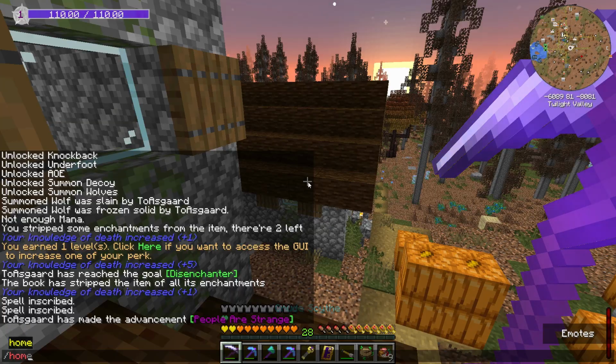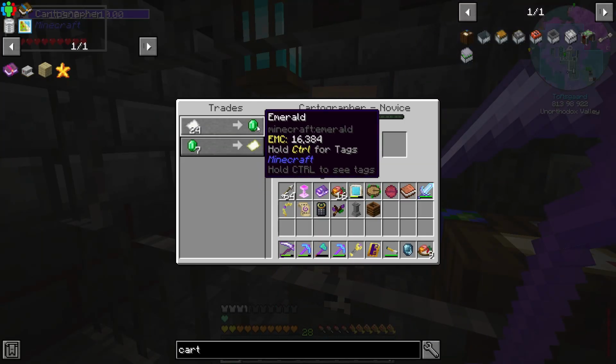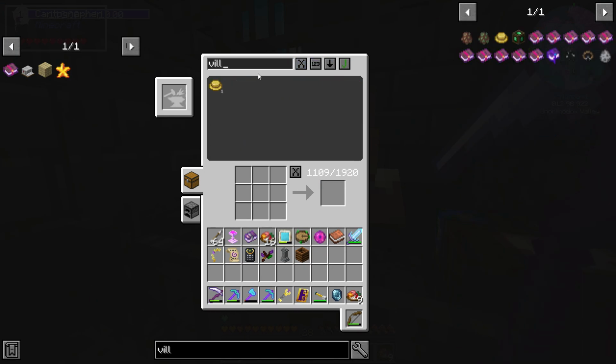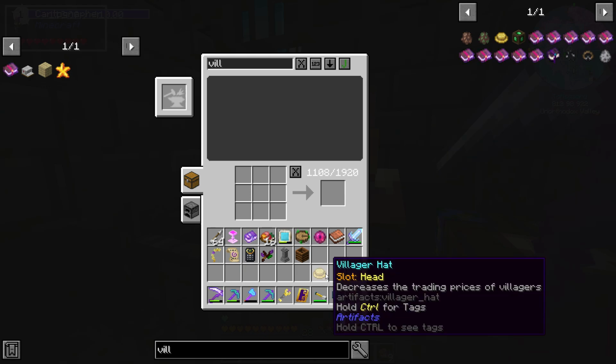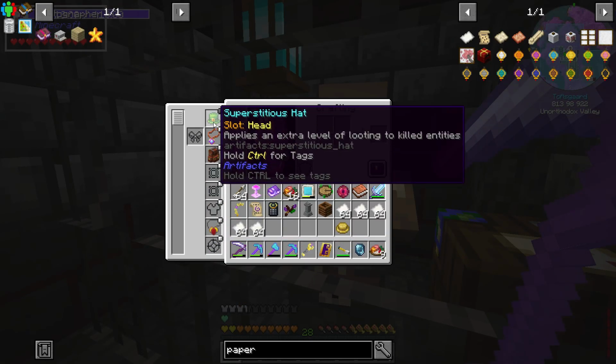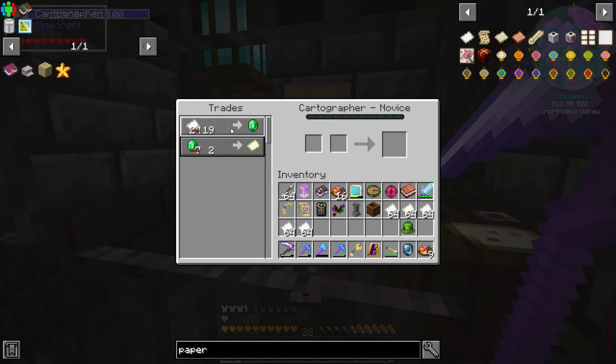But let's pop back home. But we're going to go ahead and get ourselves a cartographer. And while we're at it, let's go ahead and get our villager hat. And that way we can get the decreased prices. And we'll just switch this out for the time being. Alright, so that drops the paper by 5 and the emeralds by 5. That's pretty good. But let's go ahead and tier up this villager real quick, and then hopefully we'll get an